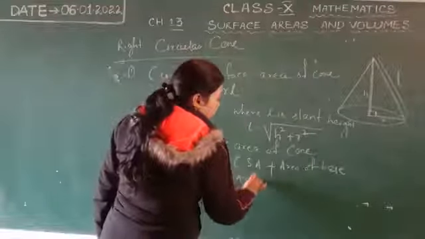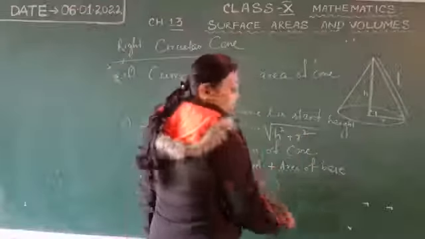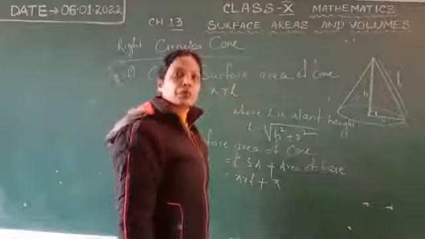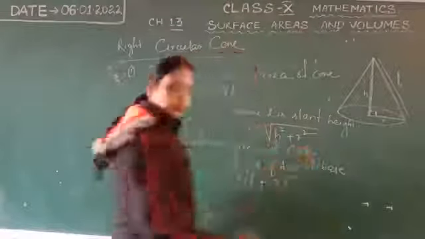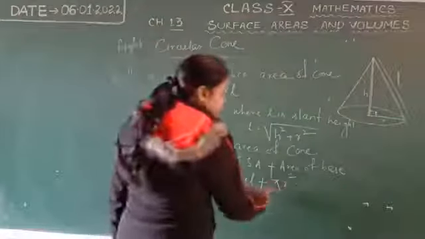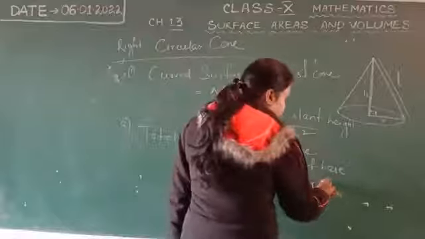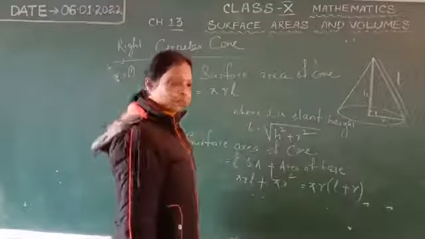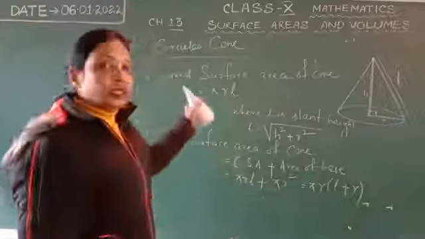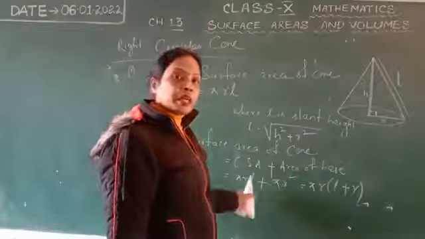Now, pi r L plus the area of the base. What is the area of a circle? I think all of you know, that is pi r square. Okay. So now in between these two we can take common pi and r. So here it is L plus r. Okay. So this is called the total surface area of a cone, that is curved surface area plus the area